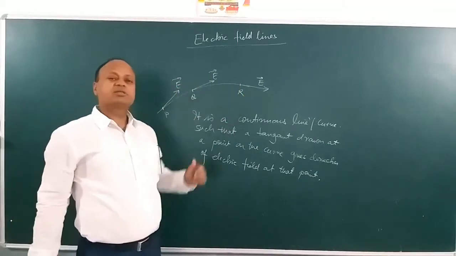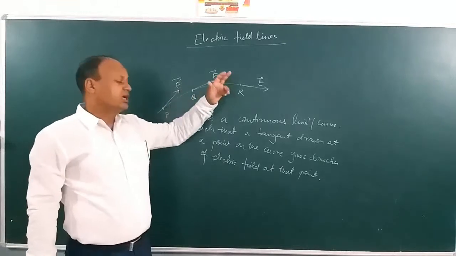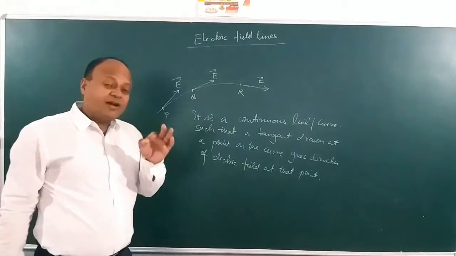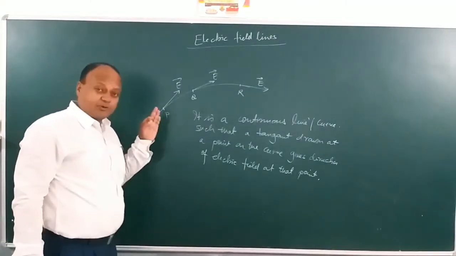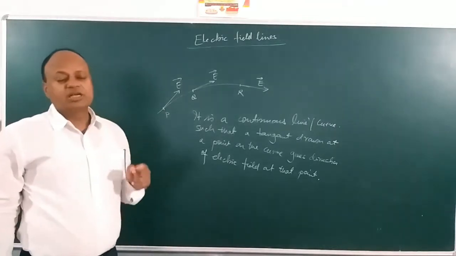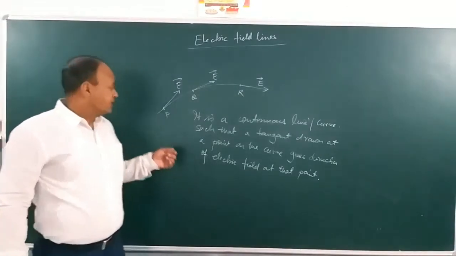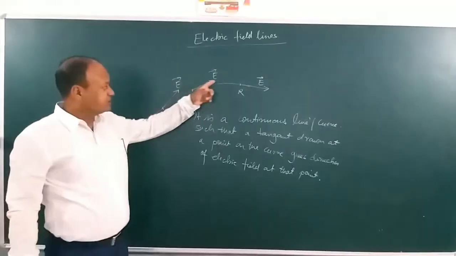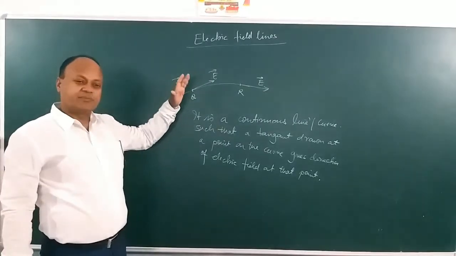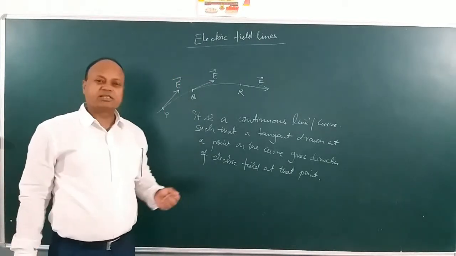So this becomes an electric field line, because from drawing a tangent at any point, I am getting the direction of electric field at that point. Now, if I give a positive test charge, you know a positive charge experiences a force in the direction of electric field. So I can also say that if any positive charge is released, it will follow the same path as the tangent. Okay? So it is an important concept to understand.